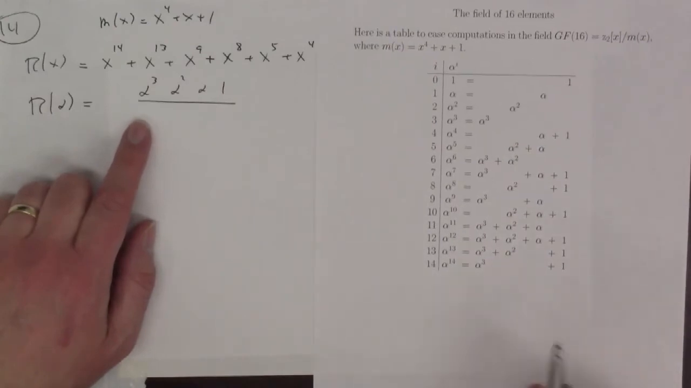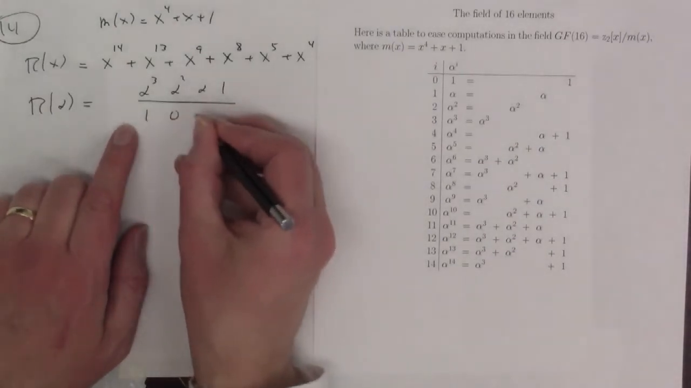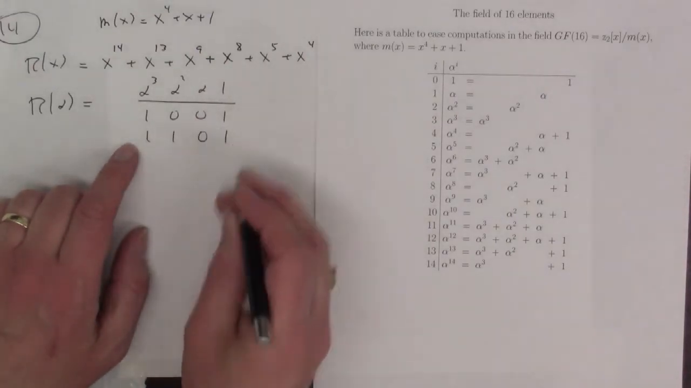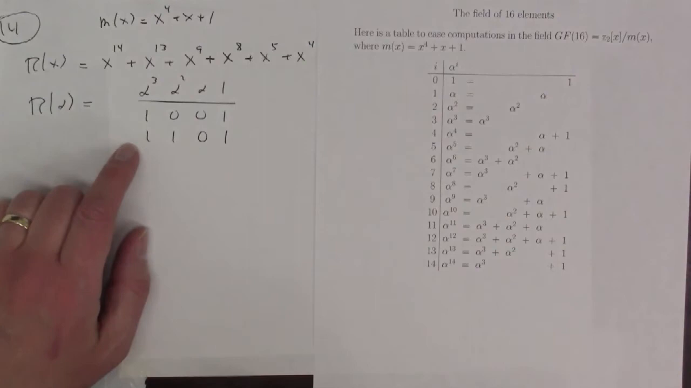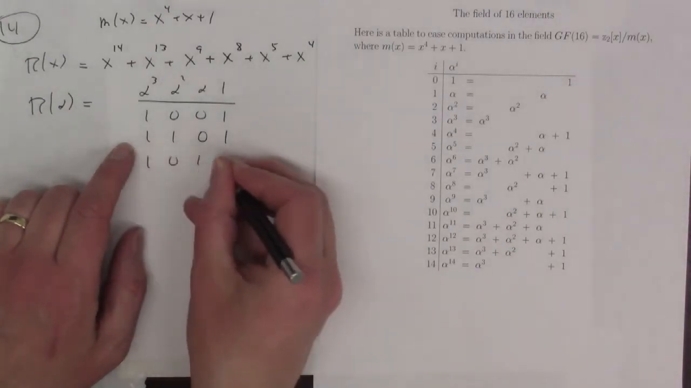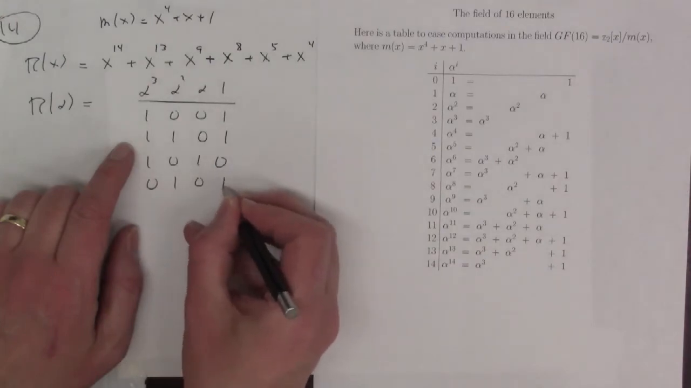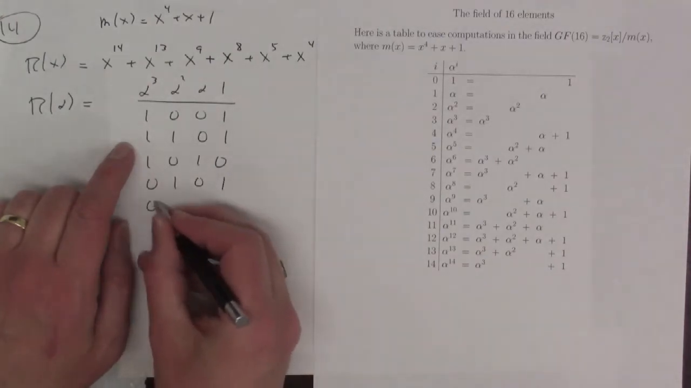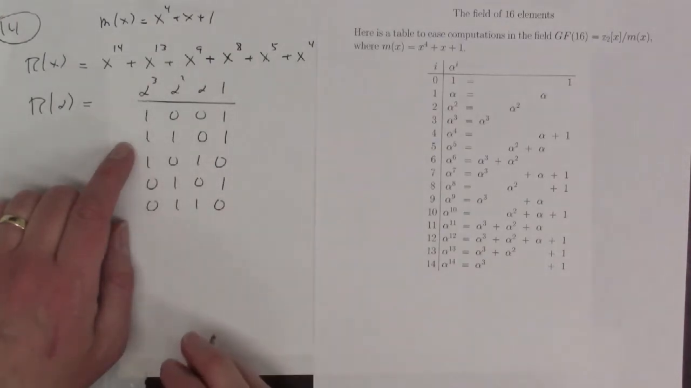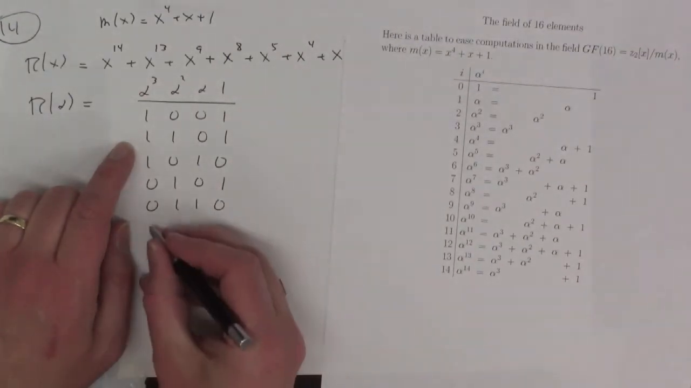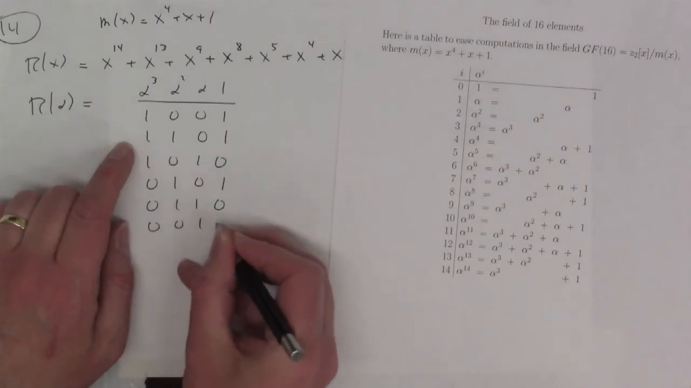Okay, 14, 1, 0, 0, 1, 13, 1, 1, 0, 1, 9, 1, 0, 1, 0, 8, 0, 1, 0, 8, 5, 0, 1, 1, 0, 4, 0, 0, 1, 1,